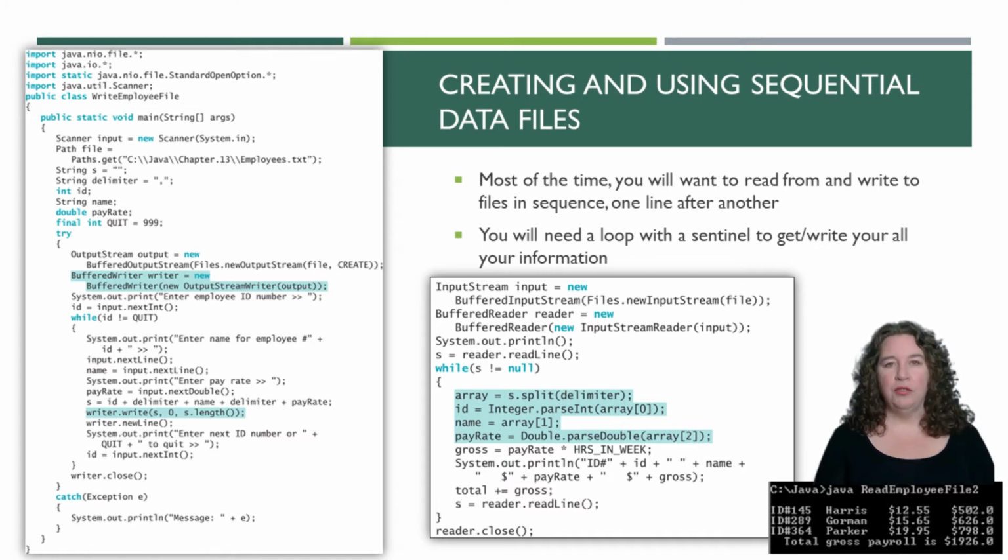I want to write all of my files, so I'm going to write line after line after line. So I'm reading through my array and I want to write each entry in my array, or I'm going to read and I want to put it into my array. So you're going to need some sort of a loop with some sort of a sentinel to get and write all of your information. In this case, we have done a while loop, and in the first subset of code, we are asking the user to enter information with a sentinel, and in the second piece of code, we are going through and